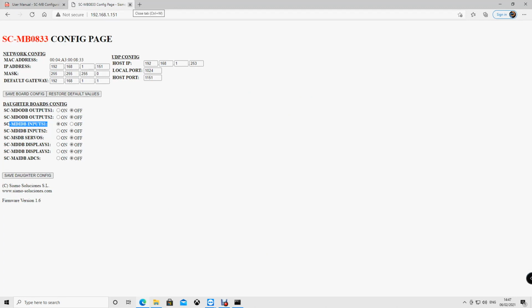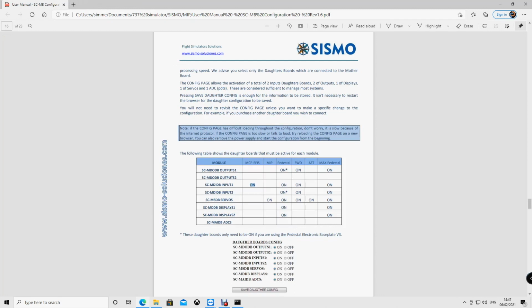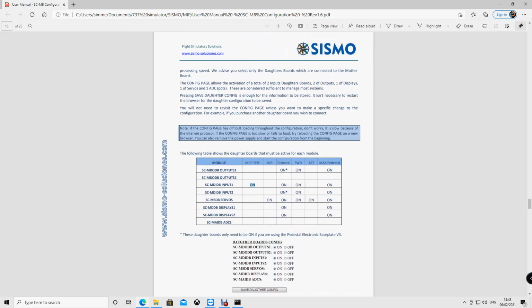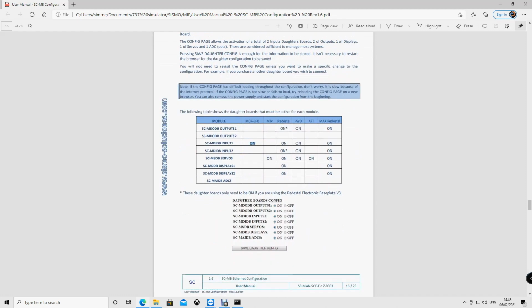Now I don't want to go into the testing. Sysmo also have a program called SC Pascal which allows you to test. I had to use the program because sometimes things were not working correctly. It was to do with wrong configuration. So SC Pascal allows you to test, but I don't want to go into that. That's not the purpose of this video today. Once you've done this, which actually takes you 5 minutes, you connect on the network, you turn on everything. The next thing to do is to turn on